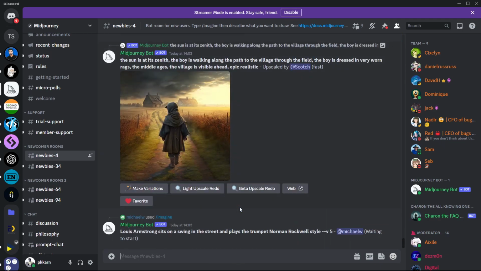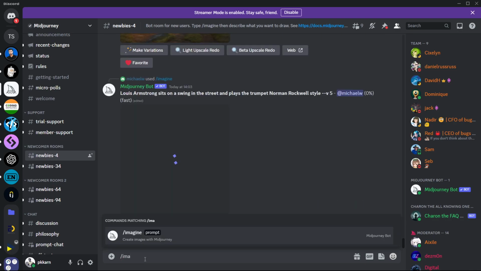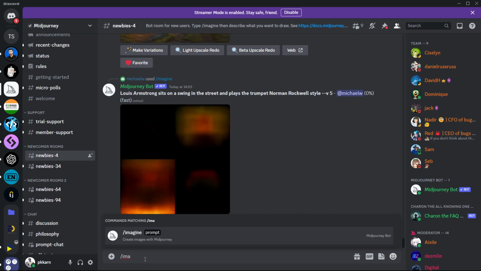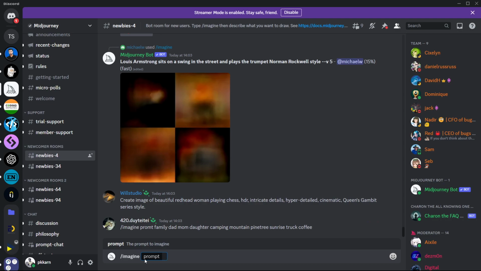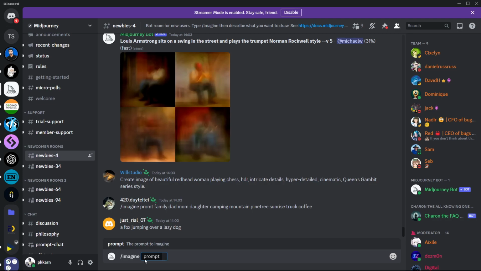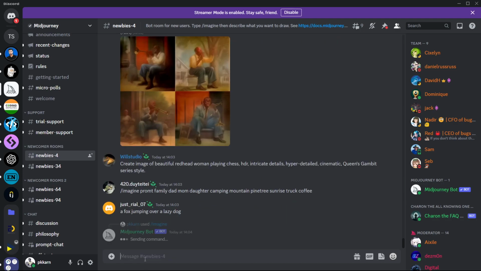So now let's see how you can generate an image. There is a very basic command in newbies. You invoke that command by typing slash, and here type imagine. And here you can see there is a prompt. In the prompt, you will think of any scenario, basically the image that you want to generate, just think of the visuals of it. Let's say a boy sitting and crying for a toy. Now let's just enter this,